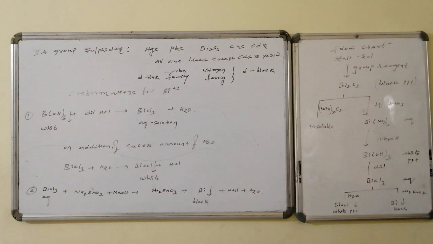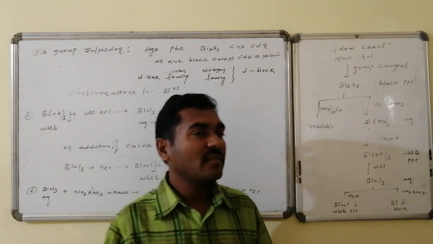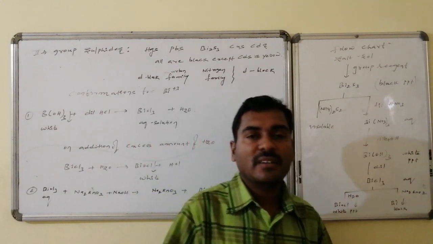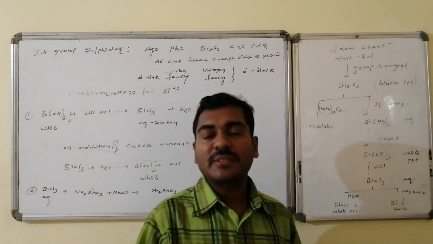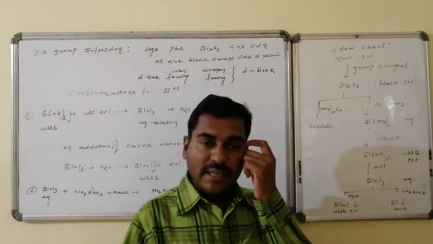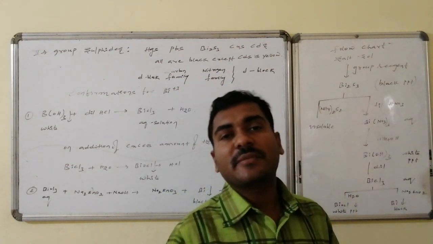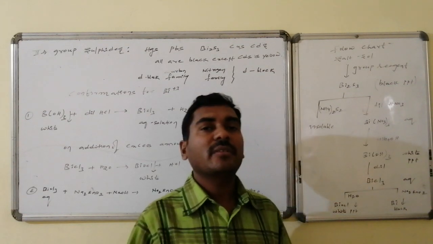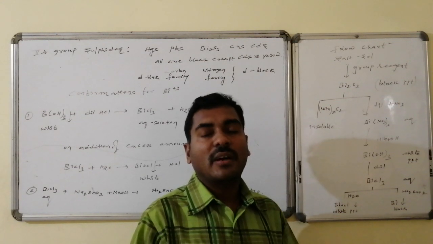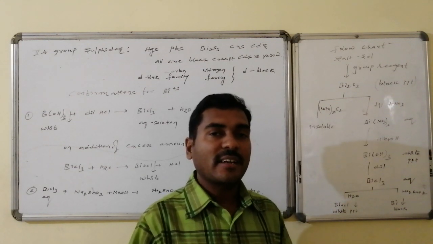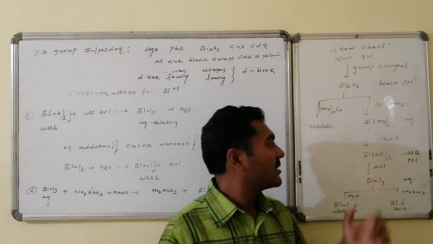This is the flowchart related to the complete bismuth analysis. Bismuth is present as a secondary group cation, and the salt mixture on reaction with the group reagent forms bismuth sulfide, which is a black colored precipitate. This black precipitate is insoluble in yellow ammonium sulfide, whereas on reaction with HNO3 it forms soluble bismuth nitrate solution. On making it alkaline with excess ammonium hydroxide, it forms bismuth hydroxide, which is a white colored precipitate.